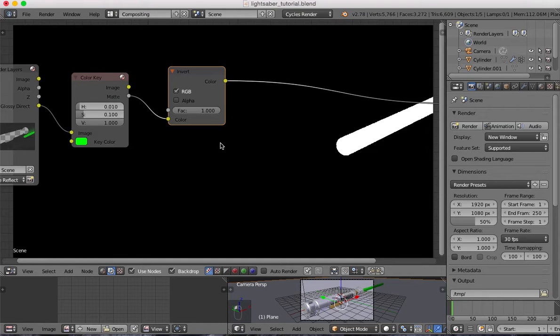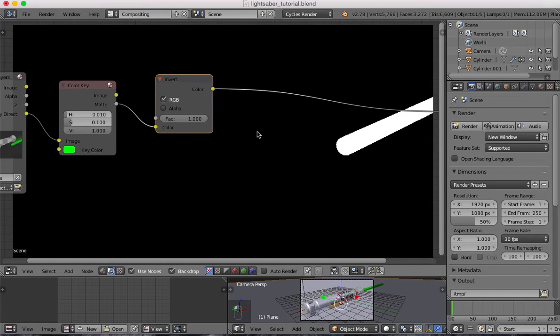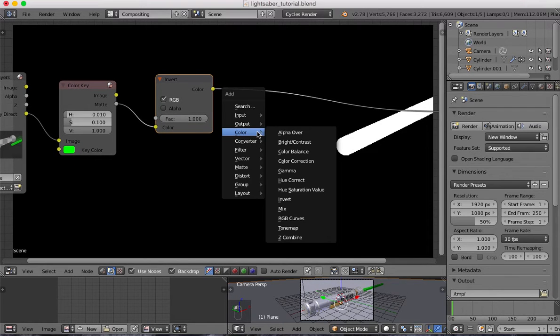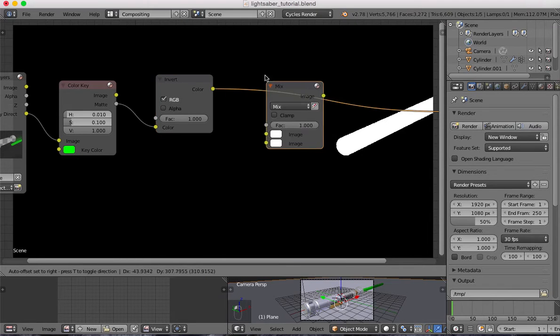And the thing is, what we want to do is we want to have this reflection and then the actual blade, and we'll composite both of them to be green and lightsaber at the same time. But we want the reflection to be a little duller because it's a reflection. So what we need to do is we need to subtract a bit of that whiteness. So we're going to use a mix node and set it to subtract. So do color mix,